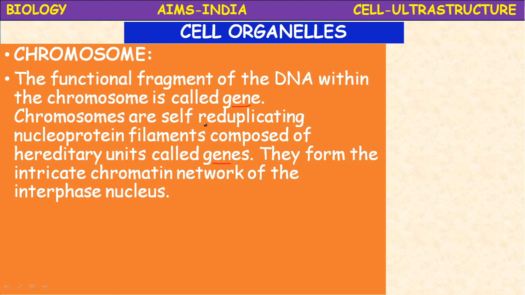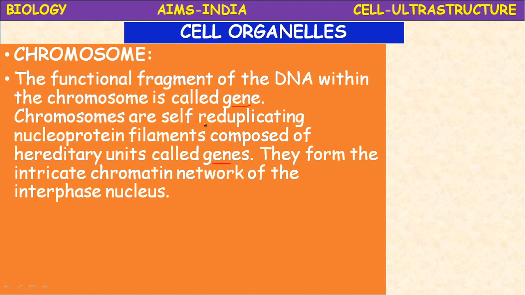Okay, during cell division, interphase is the first phase, meaning before the cell divides, the resting period is called interphase. But actually it is not the resting phase. It is the phase where the cell prepares for cell division. So during that preparation, these chromosomes are self-replicating. Replication of the chromosomes takes place, because the chromosome number is very important. It will determine the species of particular organisms.